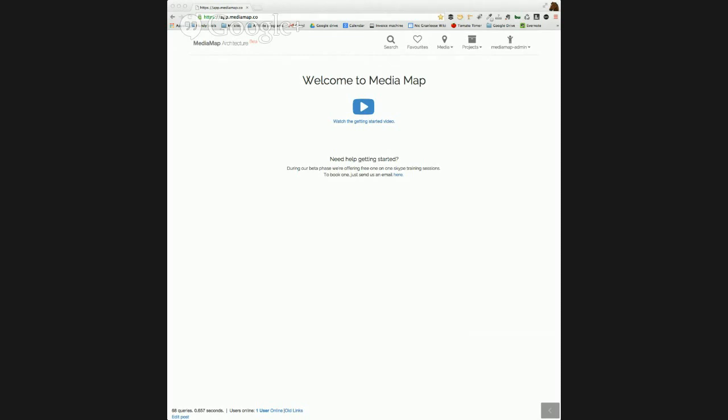So MediaMap is a few things, but we'll start off with the most basic, which is it's a database of the world's architectural media. So the concept here is that to be able to get published as much as you can, you need to know what your options are. So most people start off with knowing their local publications, but then they sort of forget that there's all these other people who are wanting all this content, all these things about their own projects. So if you know more publications, you increase your ability to flow a project through the world.